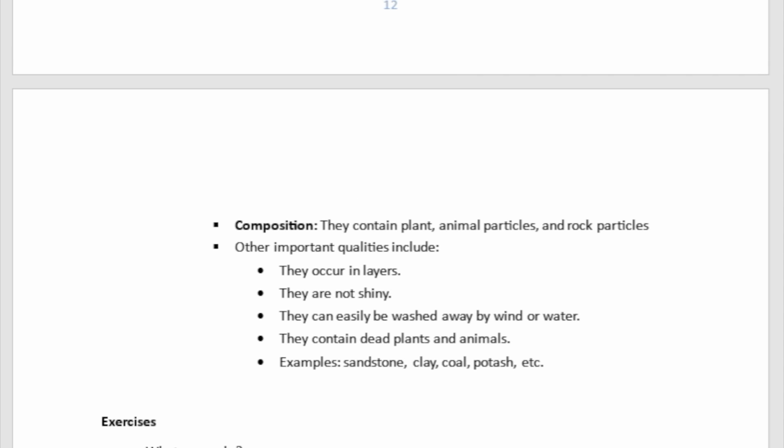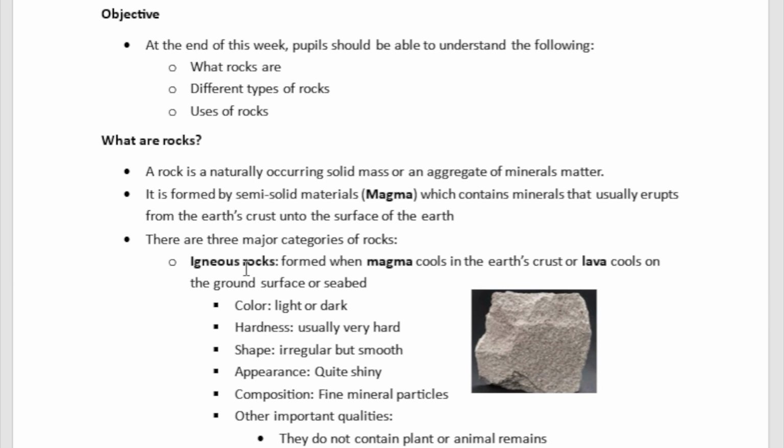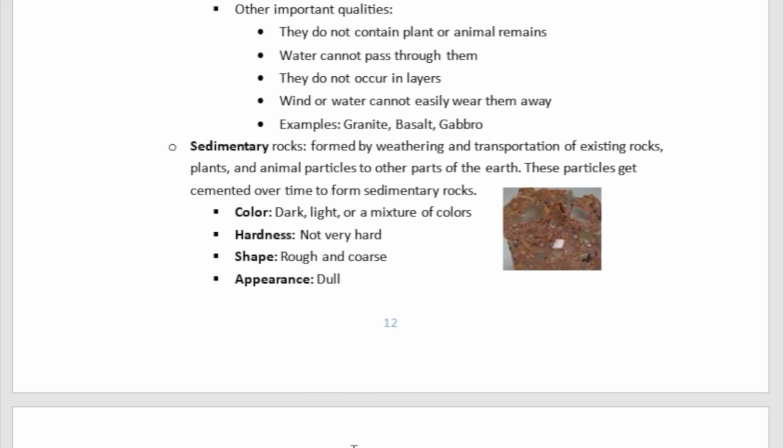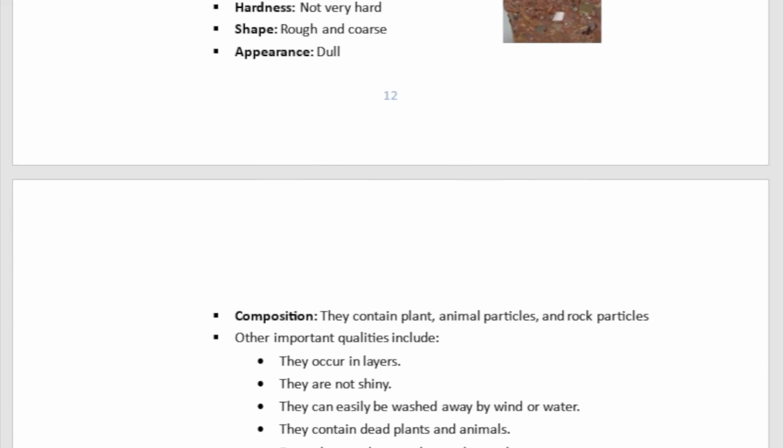So what are rocks? So rocks are, well, guess what? You have the definition over here. Rocks are naturally occurring solid mass. So naturally occurring solid mass. Okay. So they can be formed. How are they formed? They can be formed when